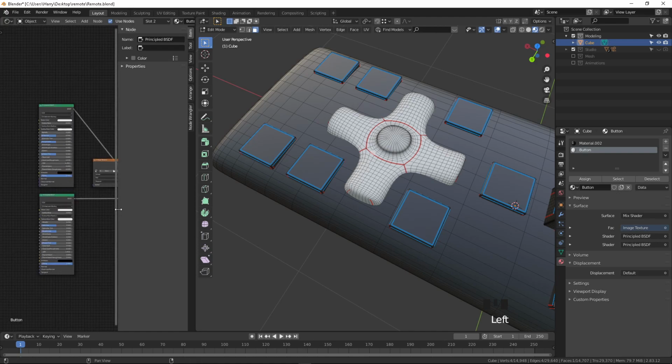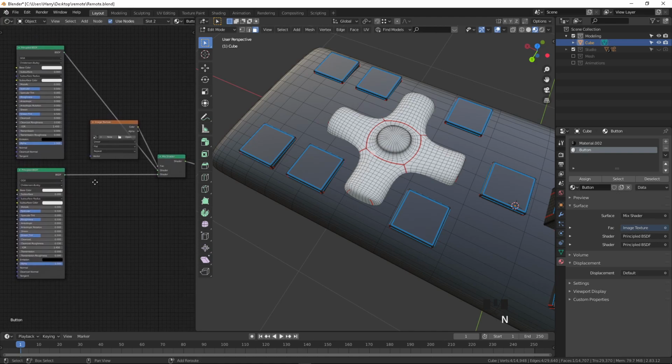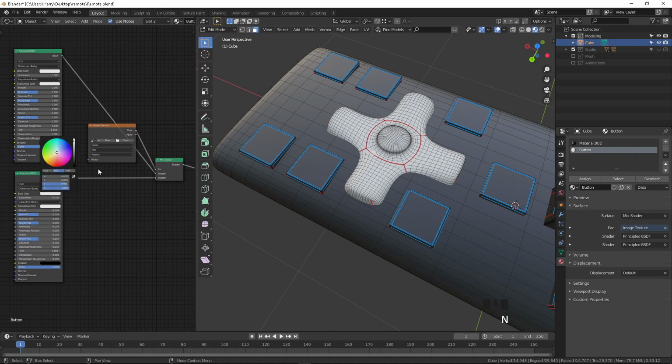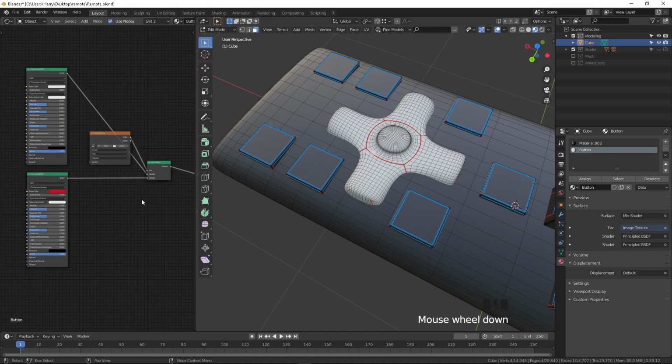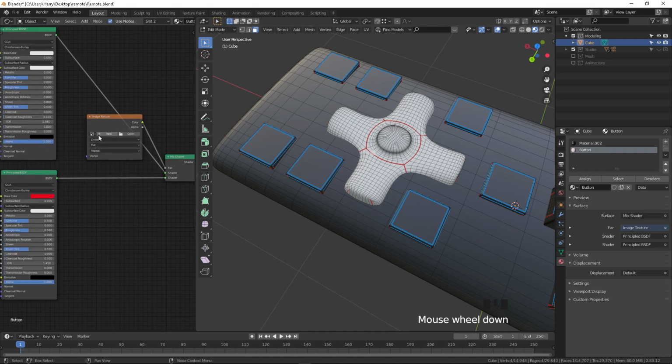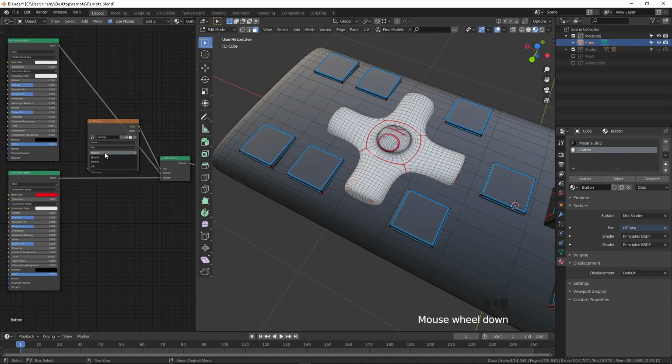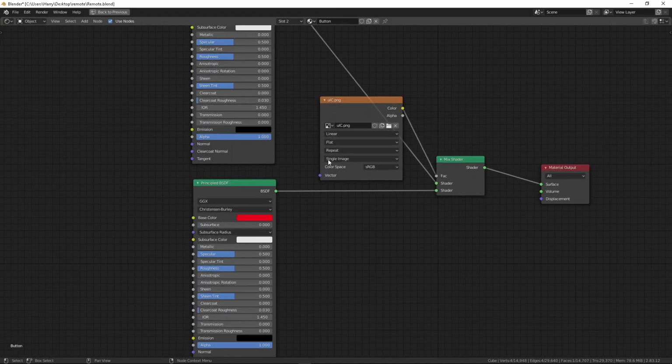Now I'm going to change the color. I'm going to change this one to red, and here I'm going to select the texture as UCL, and here repeat I'm going to give it as extend, and non-color. I press Ctrl Space and zoom it for you to view it clearly.